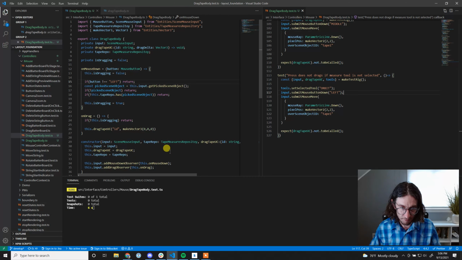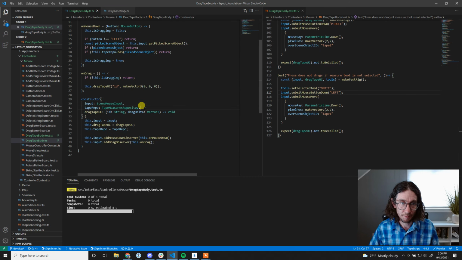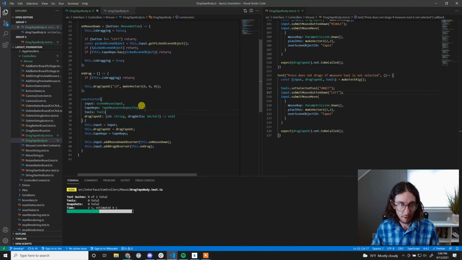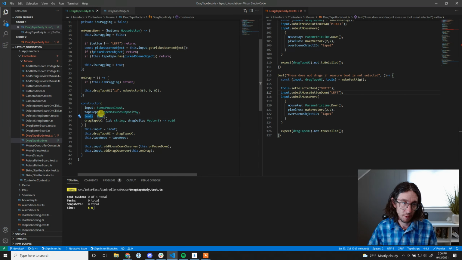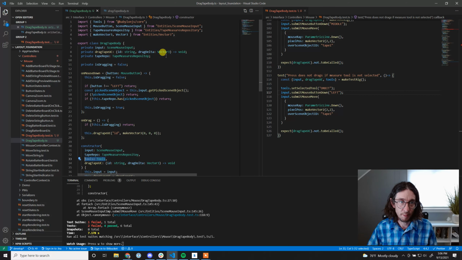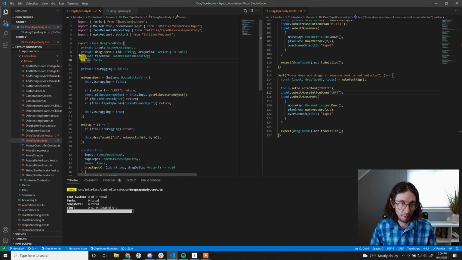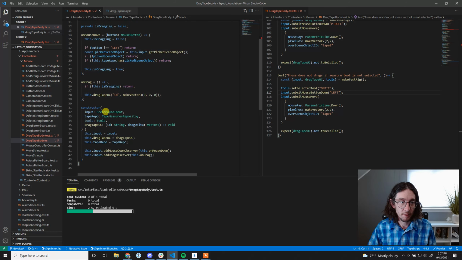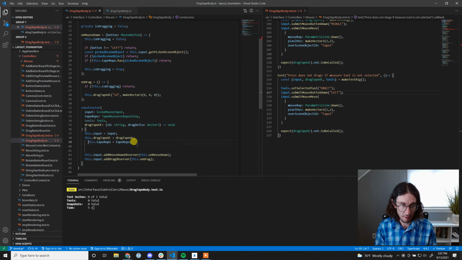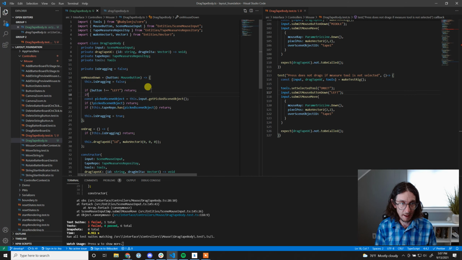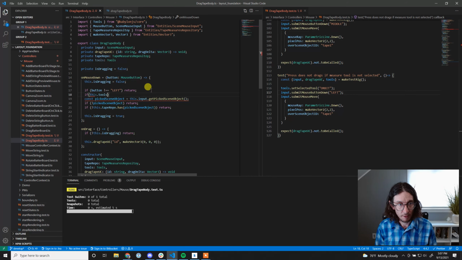That means over here, we're going to need our tools. We got to do a check. So go up here. This is a private tools, this. Now what we're going to do is we're going to do a check over here. So if tools dot get and we're going to get the,